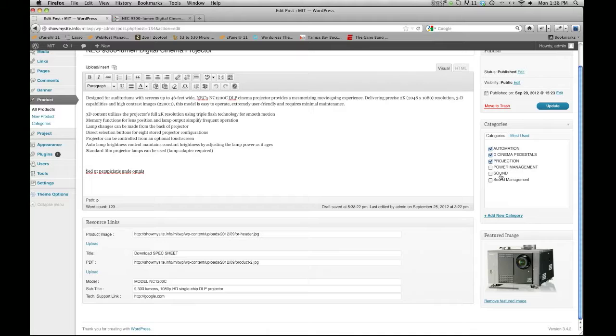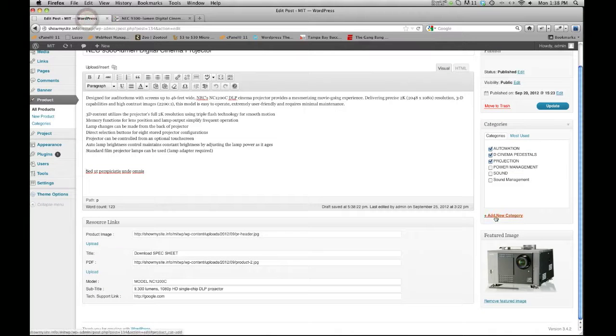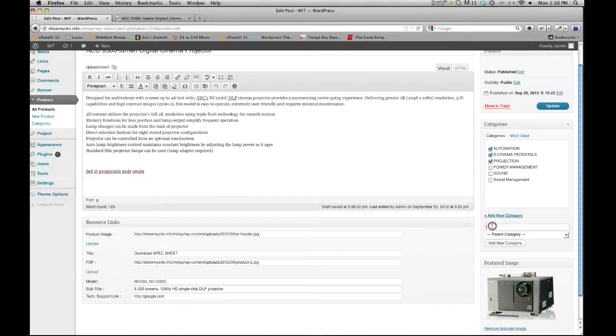Doesn't mean you have to have it in all those, but I'm showing that you can add this to multiple categories if you need to. You can have just one. Once you add a category and select it, that is when it's going to show up in this section, where it's actually going to show up in one of these things. So for instance, let me add a new category. I'm just going to call this